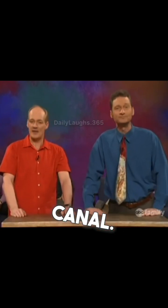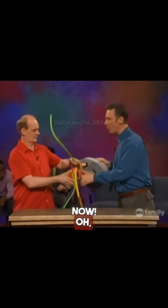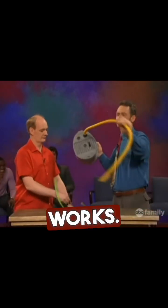First thing we gotta do is get into that nose and see where the problem is. We have to clear out the nasal passage to make sure nothing's obstructing your snoring canal. That's right. Now, well, if nothing else works...